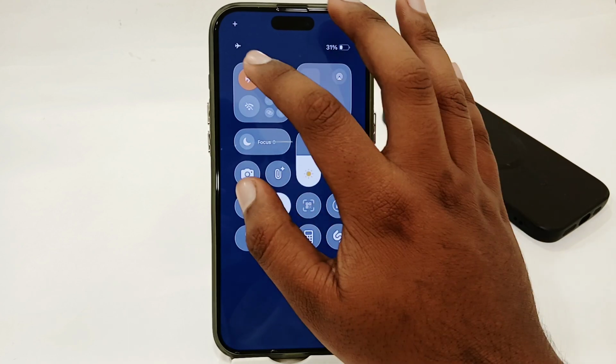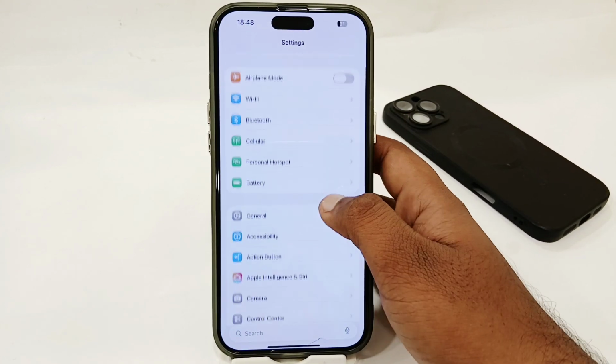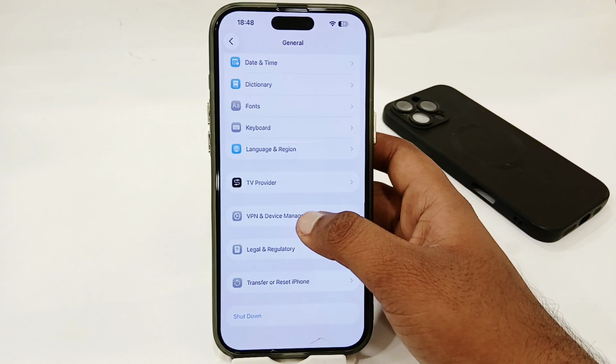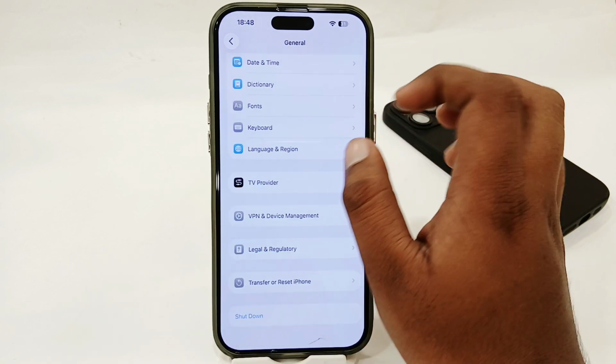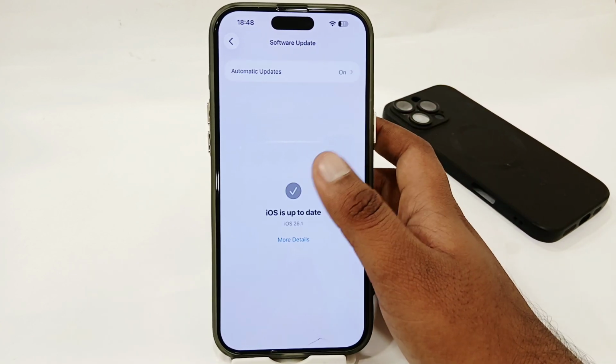Then go back and open your Settings app here. You have to make sure that you're not connected to any VPN. Open the General section and then go to VPN & Device Management, and disconnect the VPN if you're connected. Then go back, open Software Update, and make sure that you don't have any pending software